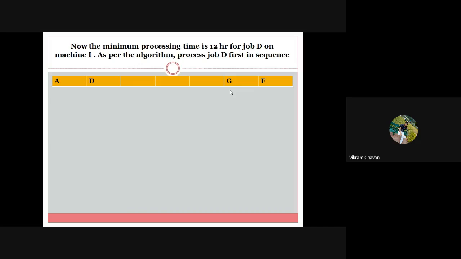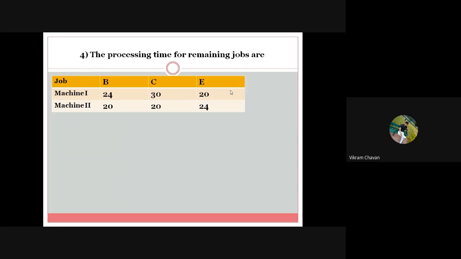So think on the next block. Now after providing the sequence, we have to remove the data related to D job from the table, and then compare the processing time of the remaining jobs after removing the D job from the